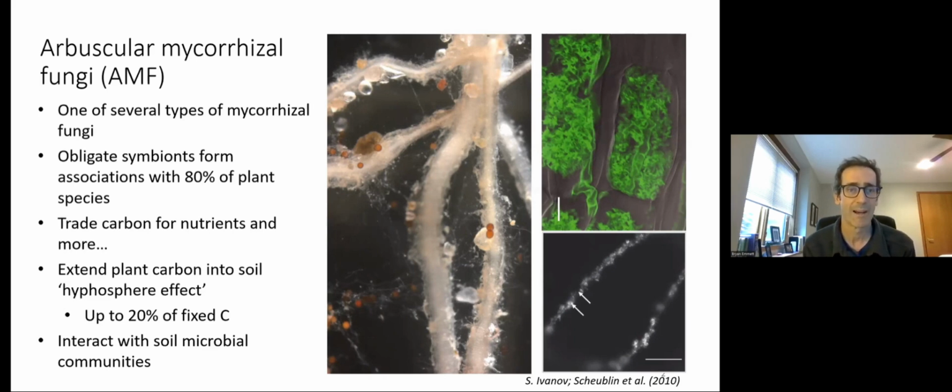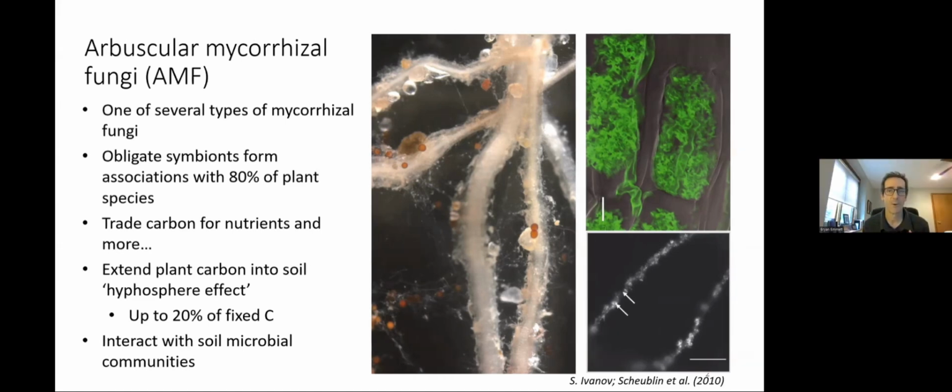But then the fungus grows back out into the soil. The extraradical hyphae, that's the hyphae that's outside of the plant root, is there foraging for nutrients, and it's extending the plant root effect essentially away from the root and into the soil, affecting the soil ecosystem. And this can be quite severe. Up to 20% of fixed carbon can actually enter the soil through this mycorrhizal pathway. And it's here that mycorrhizal fungi then interact with soil microbial communities, forage for nutrients, etc. So this is